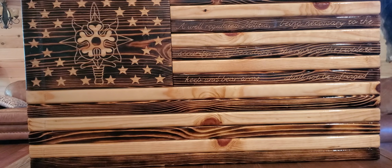But this is stunning, is the only way that I can describe this thing. It is absolutely freaking gorgeous. And I am so appreciative to him for sending me that. Zane being a fellow veteran,